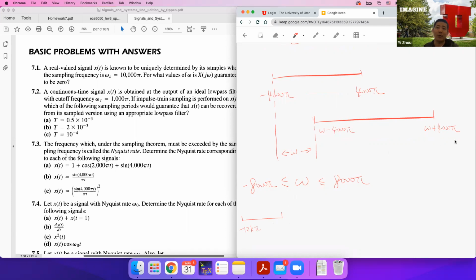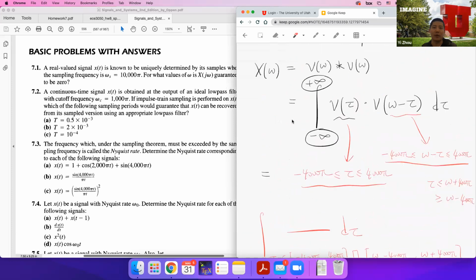And the right end point is 4,000 minus 8,000, negative 4,000 pi. So the right end point will touch the left end point of this interval. So that's the boundary case. And when omega equals 8,000, then this left end point will touch the right end point. That is another boundary case. So basically, when omega is within this range,